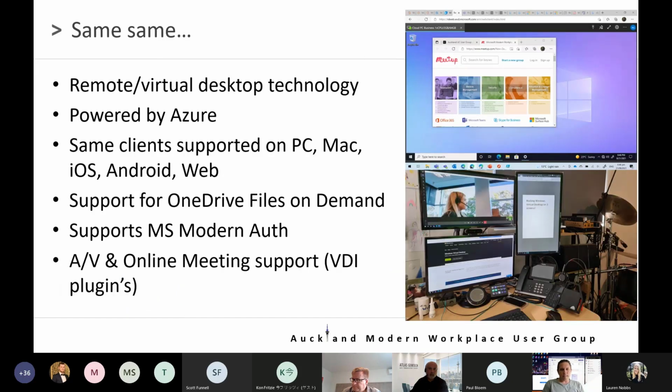All right, so starting with what is the same. So of course it's a remote desktop / virtual desktop technology. Both are powered by Azure. So they're running on the same stack. The difference being Windows 365 is in a Microsoft managed tenant, so not in your own tenant, so you don't have visibility of it. They're powered by the same remote desktop clients, and they're available on PC, Mac, iOS, Android,